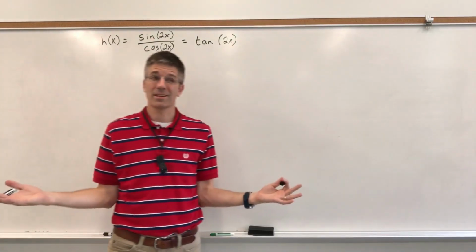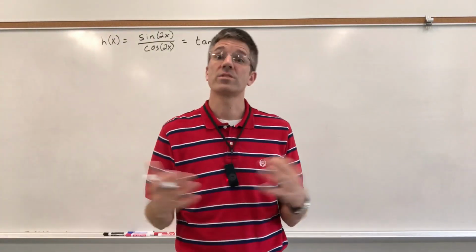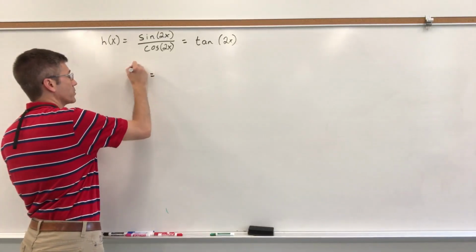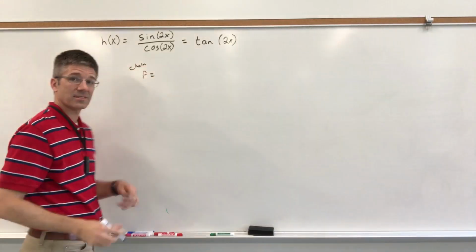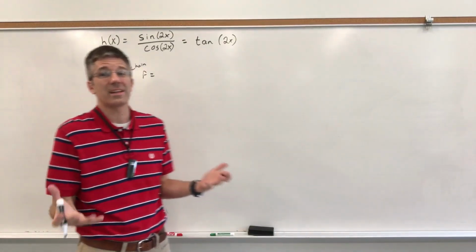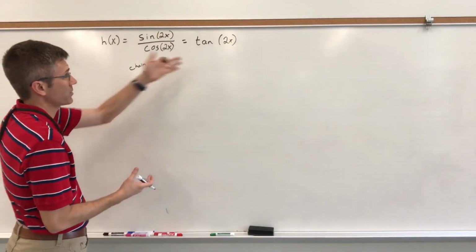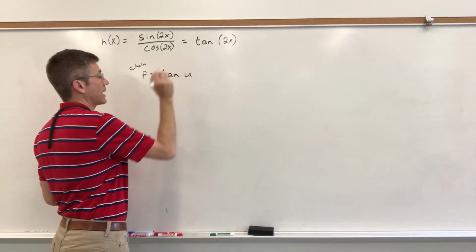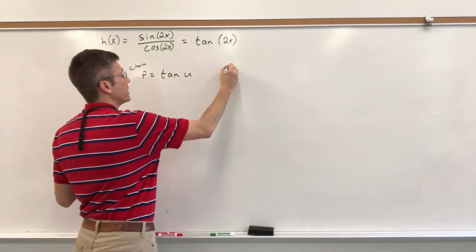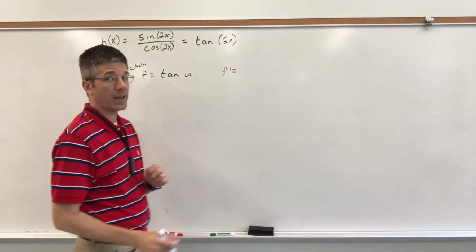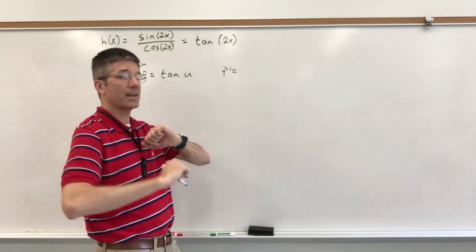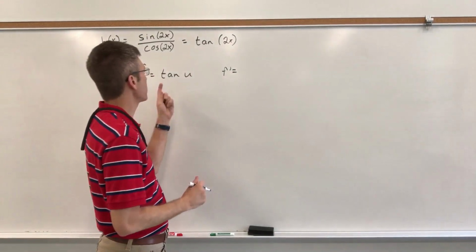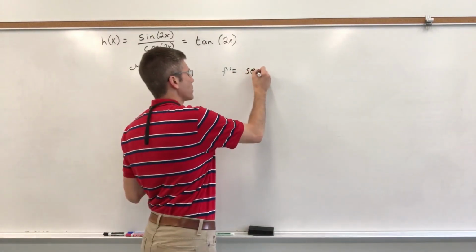So I'm just going to take the derivative of tangent of 2x, which is chain. And it's just a chain. It's not chain with anything else. We just eliminated the need for the quotient rule by saying sine over cosine is tangent. So the biggest thing happening is that somebody got tan. And the derivative of tan is something that a lot of people forget, but it is not negative. The co's are negative. The derivative of a co is negative, but the derivative of tangent is positive, secant squared